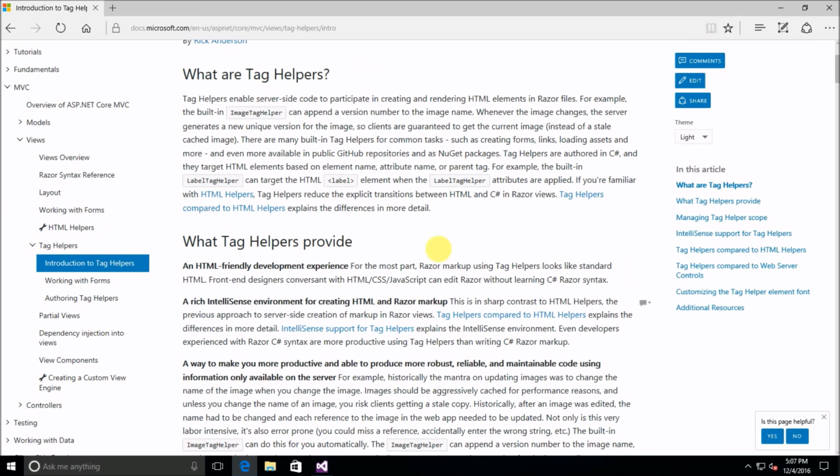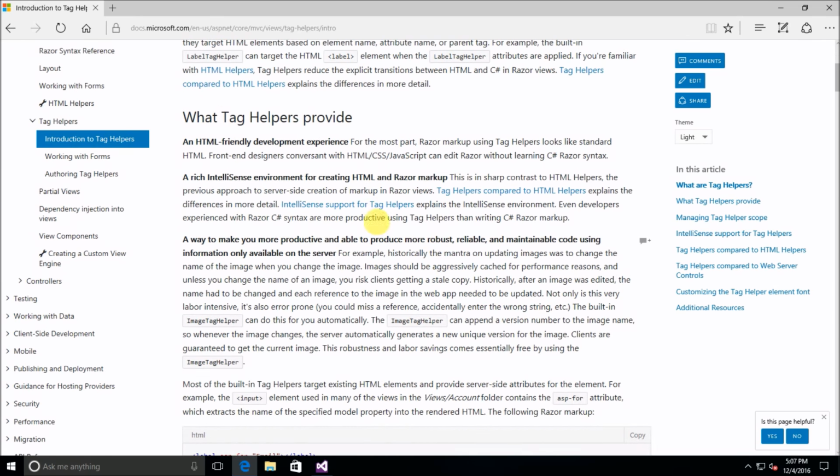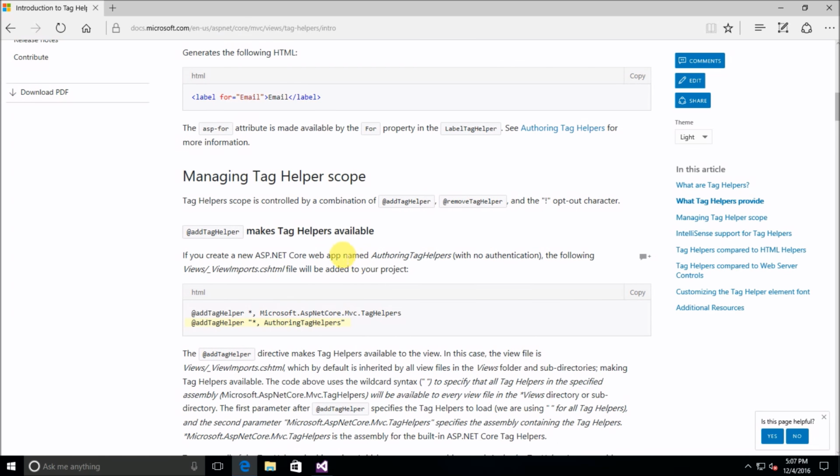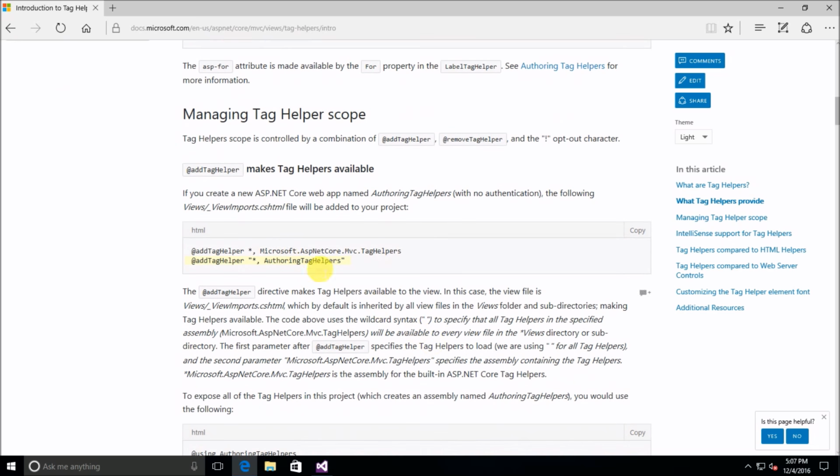Now you can feel free to read through everything that's in here, but it's going to talk a little bit about some of the stuff that we've already discussed. And really what I'm looking for is down here where it says Manage Tag Helper Scope. I just want to grab this little line right here where it says Add Tag Helper, and then it has the asterisk, comma,